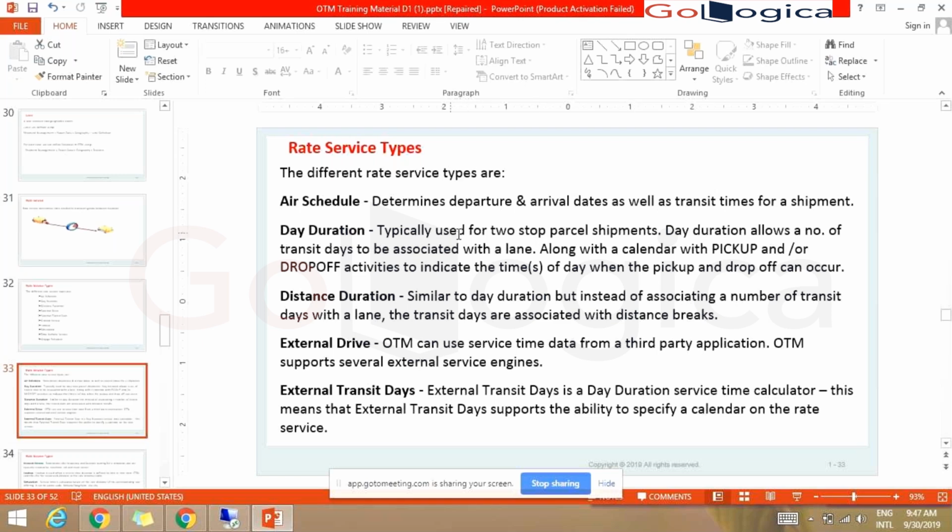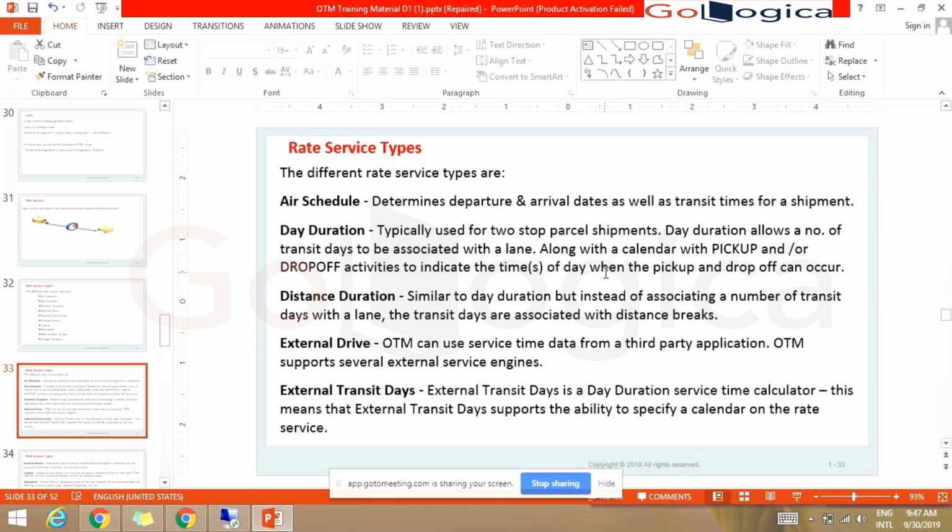The day duration lets you define the transit days instead of transit time for the lane. If you have a TL shipment going for 2 days, you can use the day duration and keep the transit days here. Along with that, if you have any calendar, you can assign it. But we are not using a calendar here.